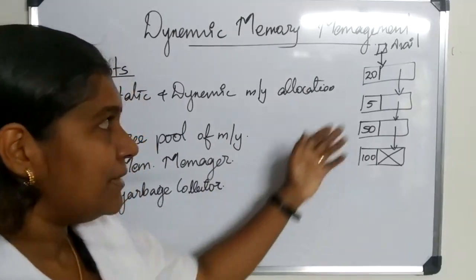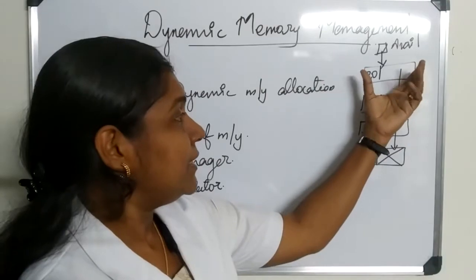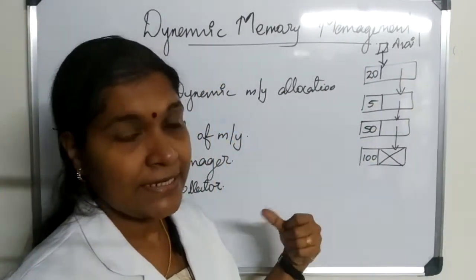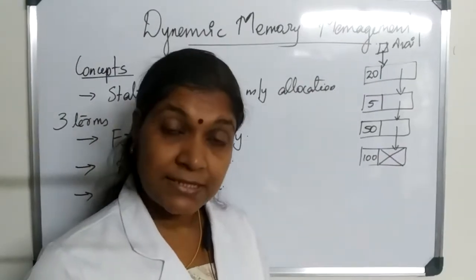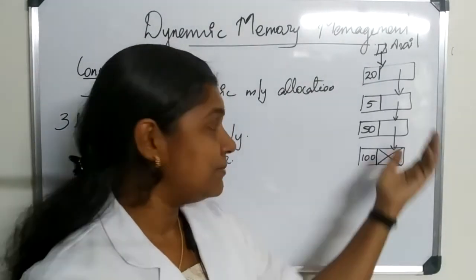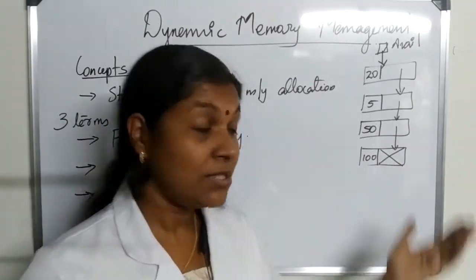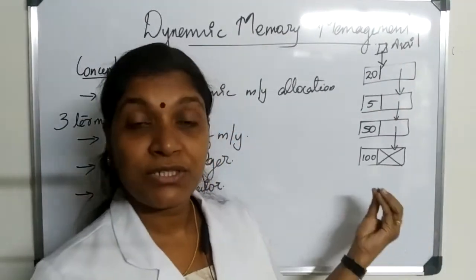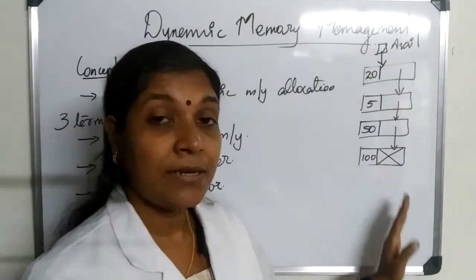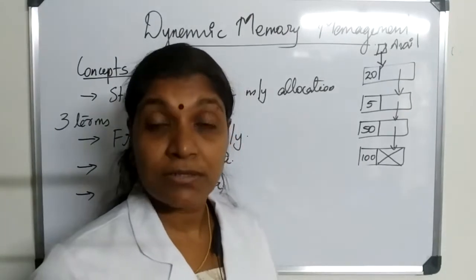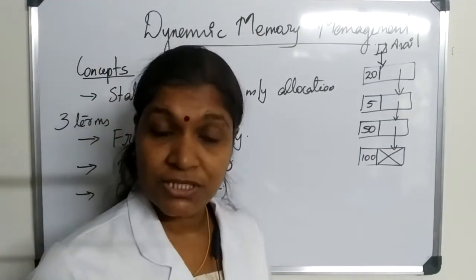So the free pool of memory is the total available space in the system. This is normally managed as a linked list, and from this space the requested memory for each and every program is allocated based on its size. And even for this allocation, again there are fixed block allocation and variable block allocation schemes. If the memory is represented as fixed block size, then the algorithm used would be a fixed block allocation algorithm.